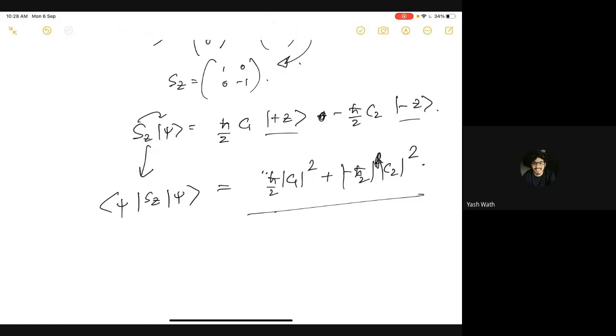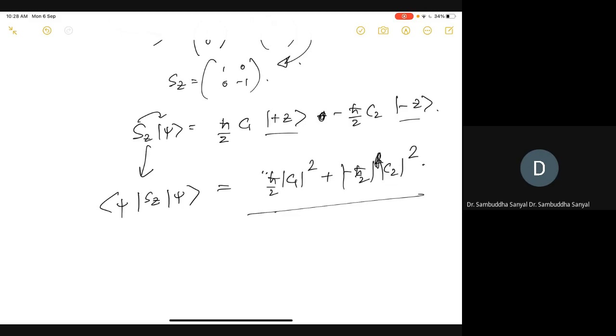Sir, can you once repeat what this expectation value represents? What is this measure, this value that we get? The expectation value represents, if you do many measurements, what is the average value. You will measure h bar by 2 or minus h bar by 2.